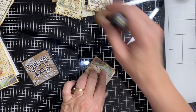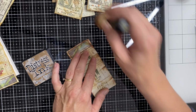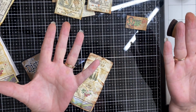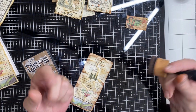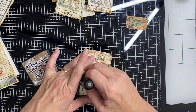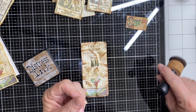So I'm going to really grunge this one because I've got so many of these that I can do what I want with them. It's not as though I've only got one. And if it doesn't work out, what have I lost? 3 minutes of my time? So, you know, just have a play. Especially when we're using digital kits or things like that where we've got oodles. And if we muck it up, we can just...